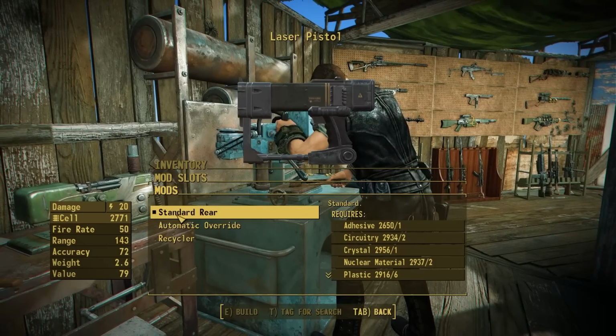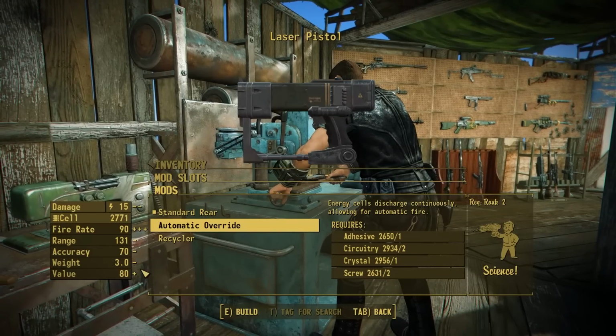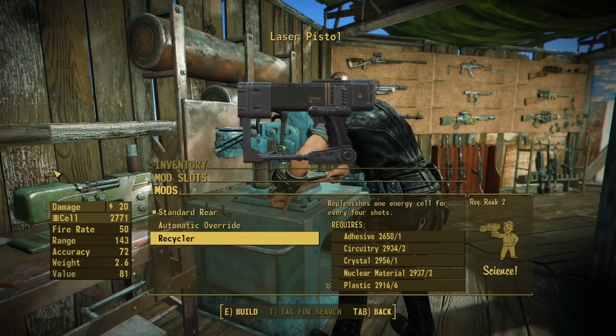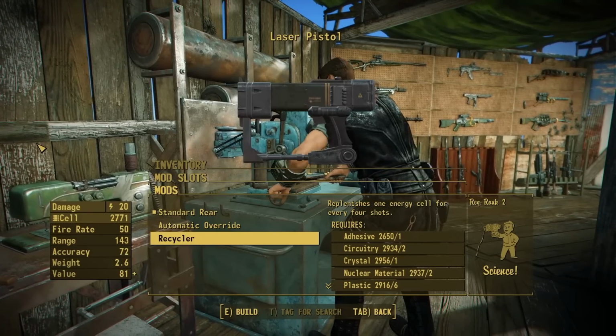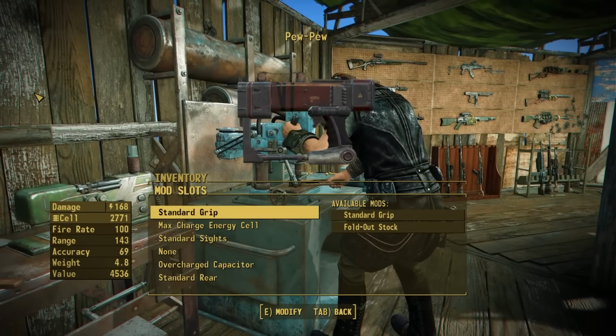a standard rear, an automatic override, which will reduce the damage and increase the fire rate, and then a recycler, which will still be semi-automatic, but will give you an extra energy cell every 4 shots, which I think is pretty neat. Now, we are not quite done at the weapons workbench just yet, as the Pew Pew unique